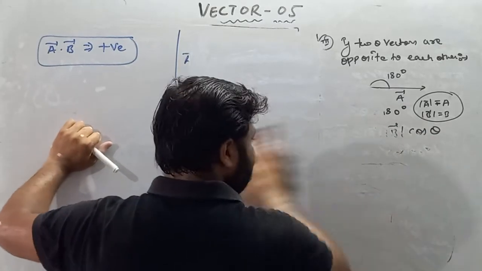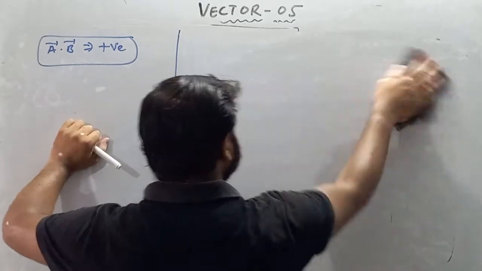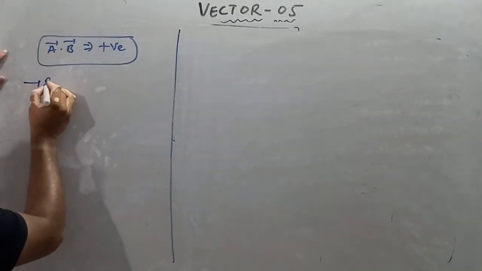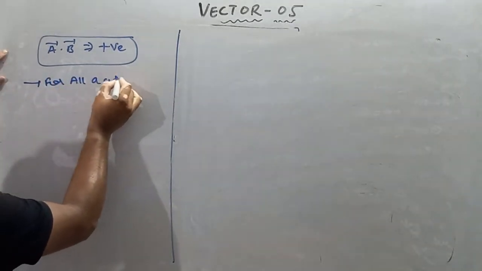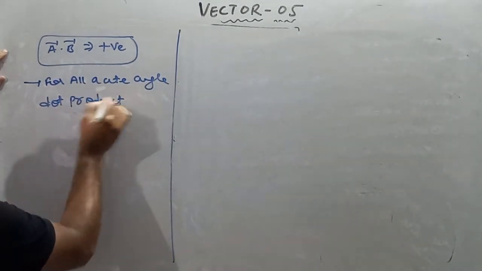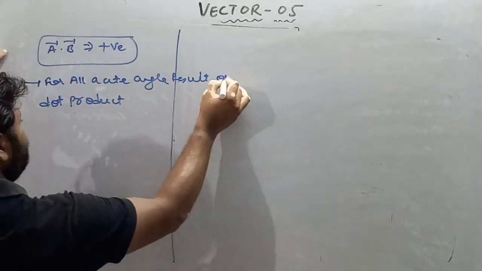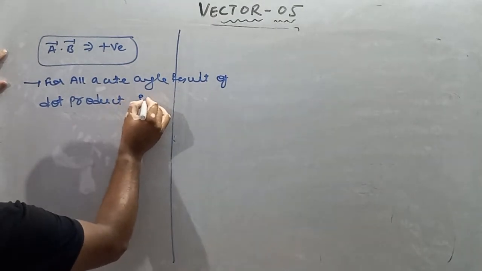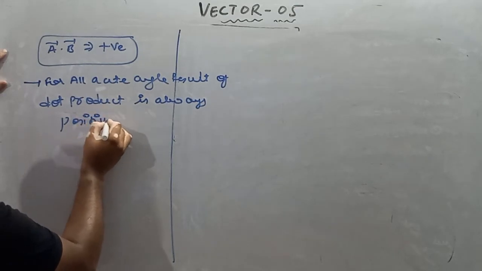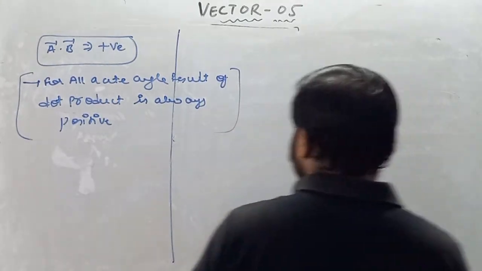Write down, for all acute angles, the result of dot product is always positive. Moving forward,